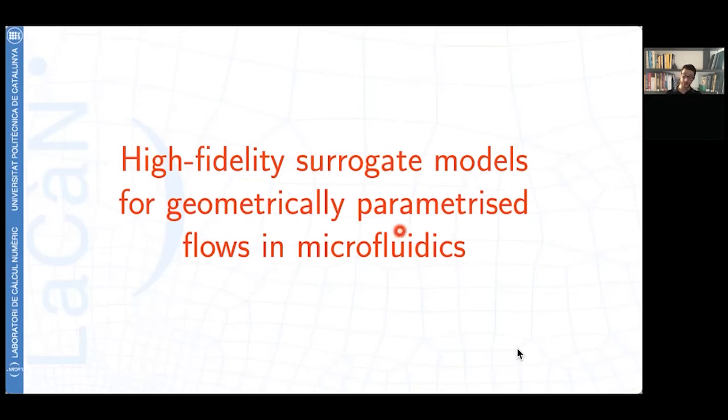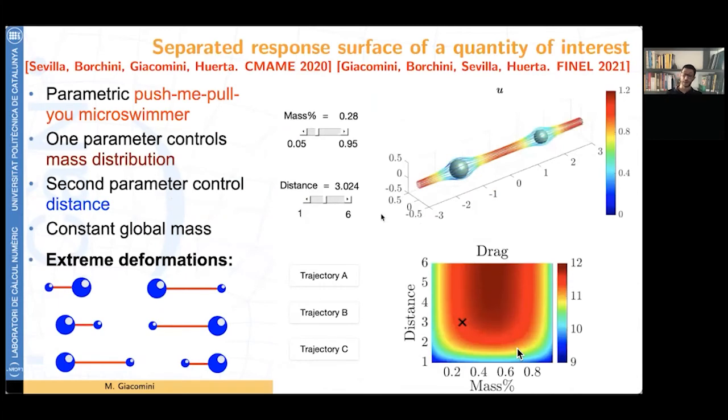And I will restrict in this case to microfluidics application, because the challenge will come from the parameterization of the geometry of the domain. So specifically, we are interested in studying parametric microswimmers. This was part of the PhD thesis of Luca Bertini, in which we parameterize the push-me-pull-you microswimmer. The push-me-pull-you microswimmer is a device composed of two spherical bladders with constant global mass. And we have two parameters acting on this microswimmer. The first parameter controls the mass distribution between these two spheres, and the second parameter controls the distance between the